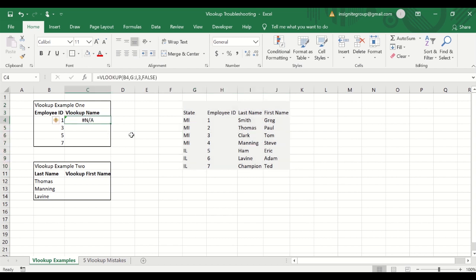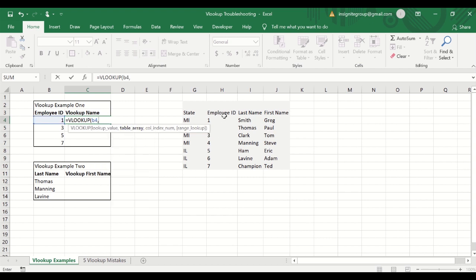So to show what this should look like, we should have a VLOOKUP for B4, and we should just start the table wherever our employee ID is. So if we have this information here, and let's say that we really wanted, I'm actually going to grab this from the column, and I'm grabbing it from the column because